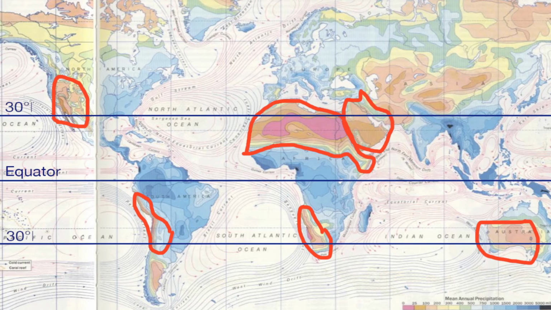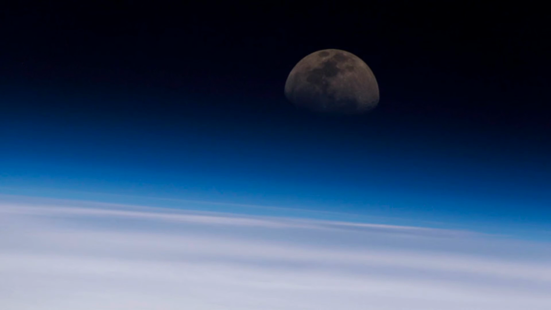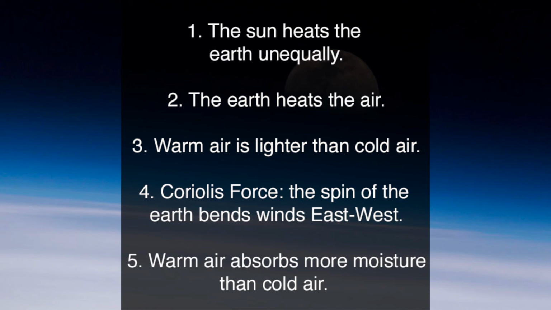Finally, to summarize what we've seen in these discussions of global atmosphere, remember that we've said that there were 5 basic rules governing the atmosphere. That the sun heats the earth unequally. Secondly, that the sun heats the earth and the earth heats the air, therefore also unequally. Third, that warm air is lighter than cold air, which sets the air in motion in this Hadley cycle, or